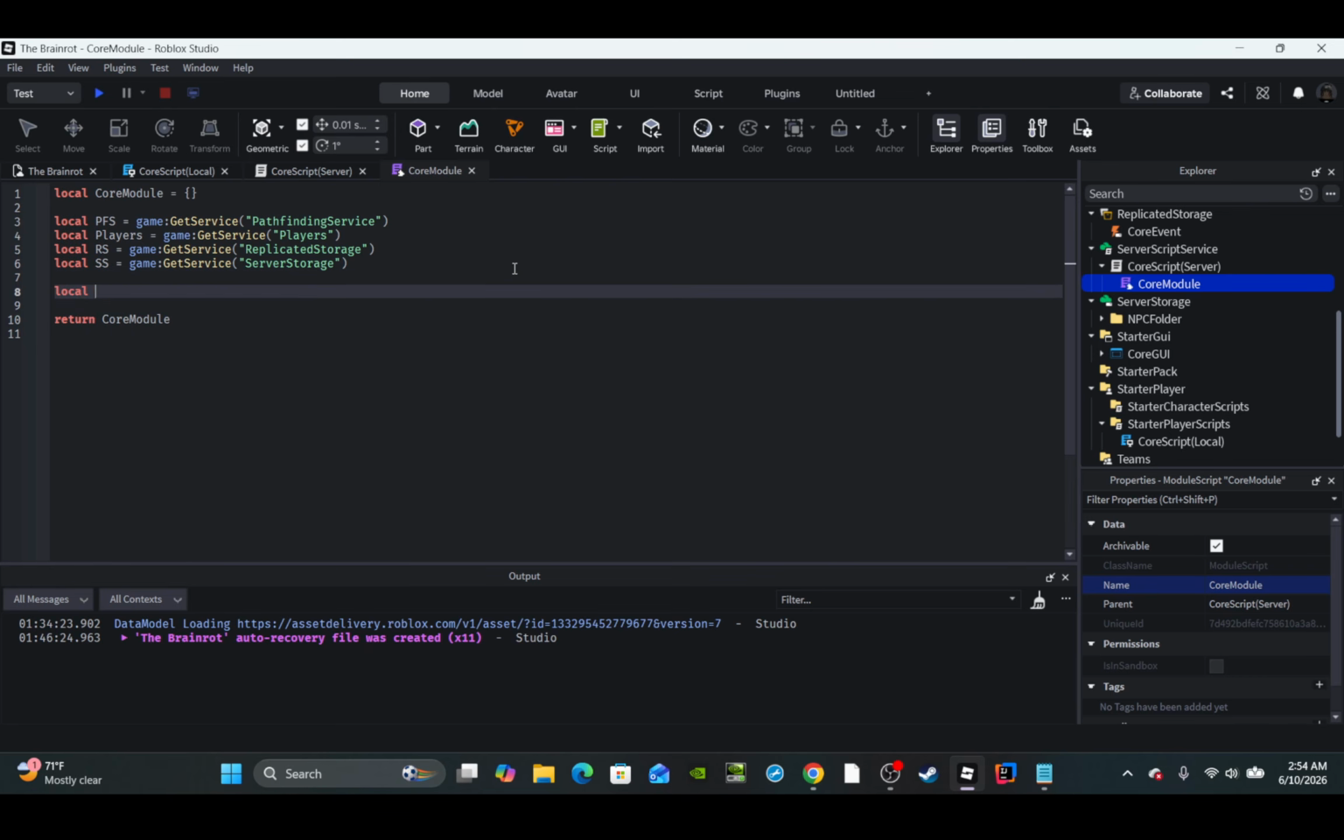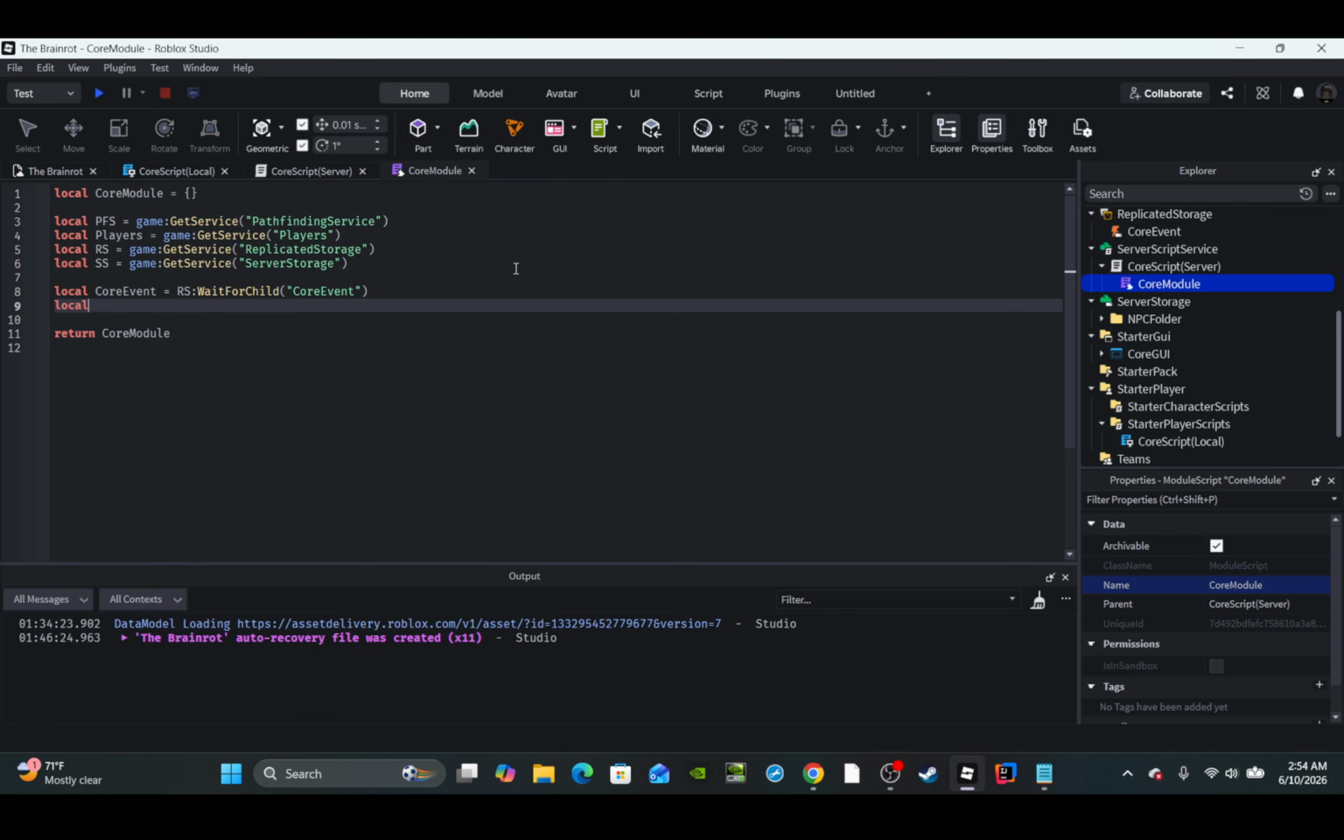Then for the next thing, we're going to create a core remote event. Core event is equal to RS wait for child core event. Then let's create our NPC folder, which is SS wait for child NPC folder, right? And then lastly, we're going to create an NPC table, right? So we're going to say local npcs is equal to special brackets, enter, then